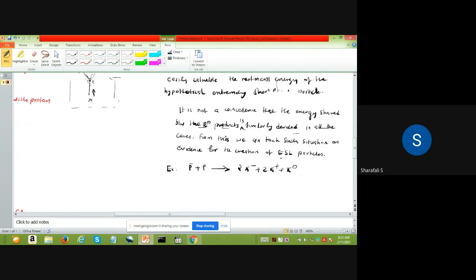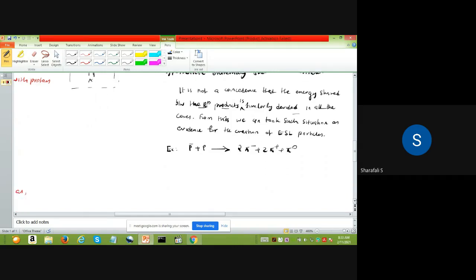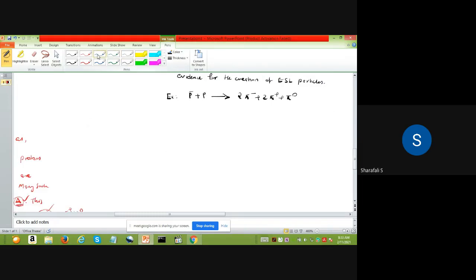In this example, I will draw how the photographs look. Considering this reaction which has happened in the cloud chamber, and we are taking n number of photographs of this interaction, then we'll get